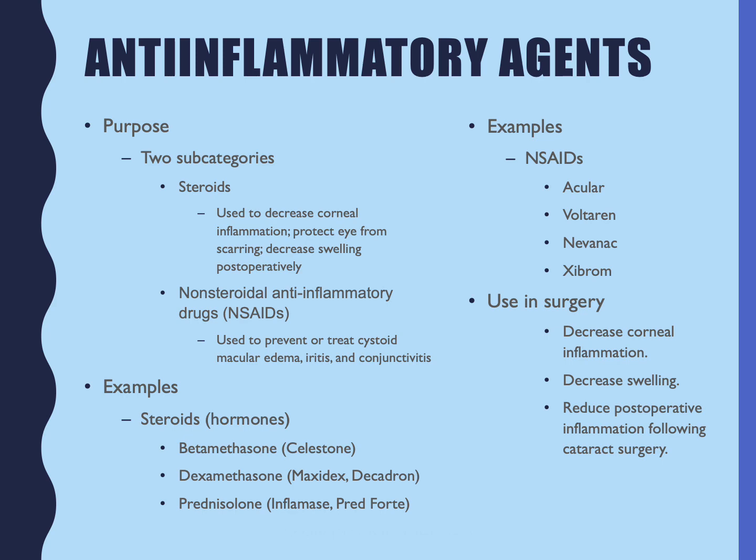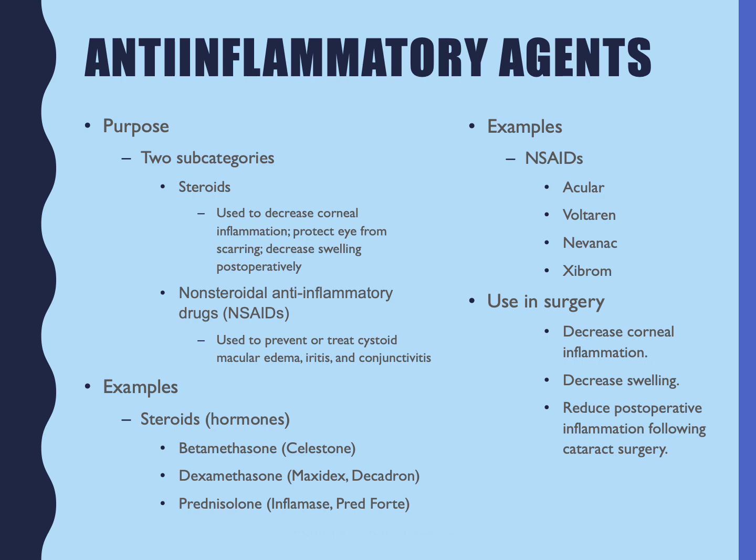So steroids and NSAIDs. The general purpose of these anti-inflammatories is to reduce inflammation, right? And swelling postoperatively. So the first class of anti-inflammatory agents, steroids, some of which are shown here, include betamethasone, dexamethasone,